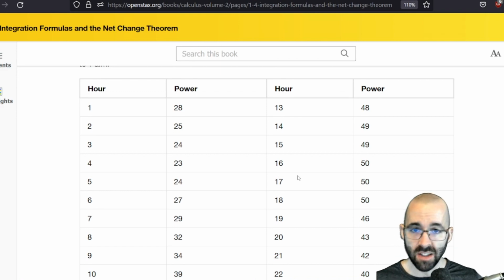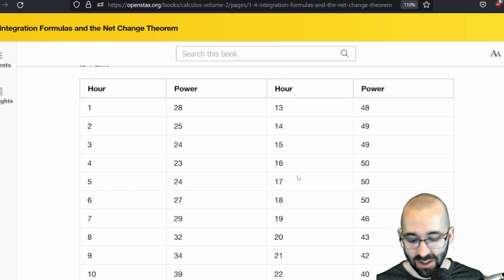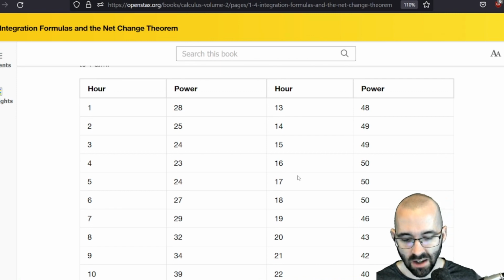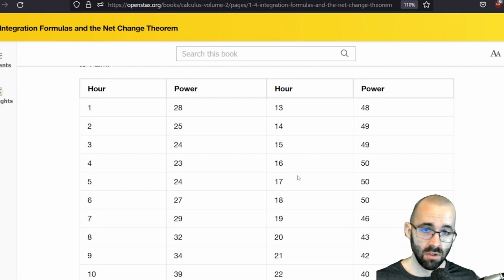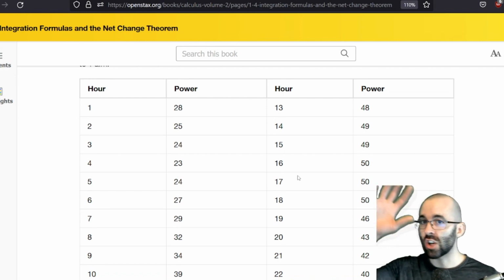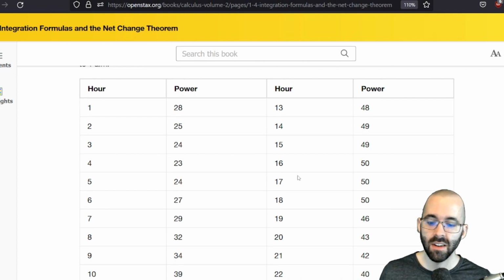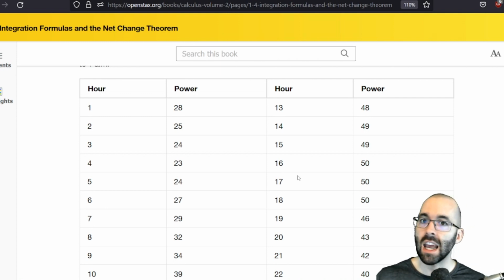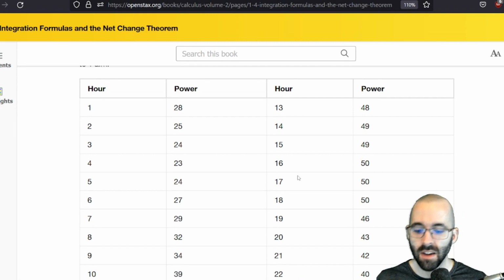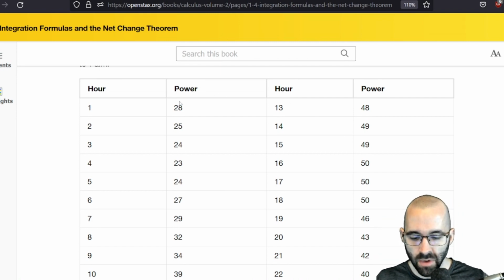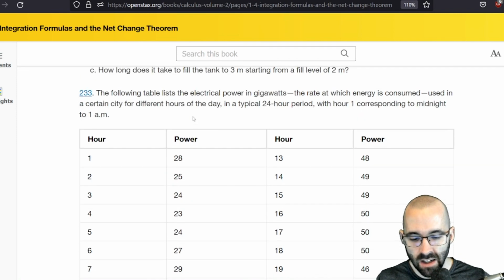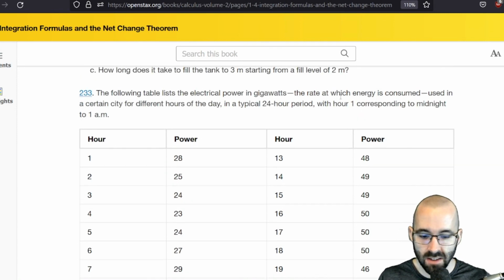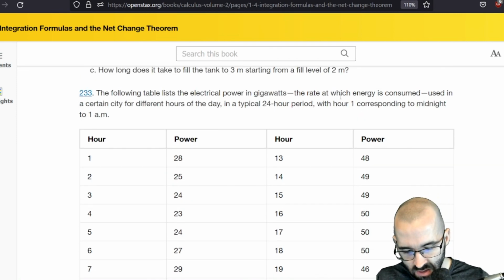Now, if there were formulas and stuff, we could use some fancy summation notation. But remember, net change. This is really what it wants you to tie into, just like we did in 1.1. Net change is just the area under the curve of the slope function. This is telling us the slope. Well, if we're using 28 gigawatts, the rate at which